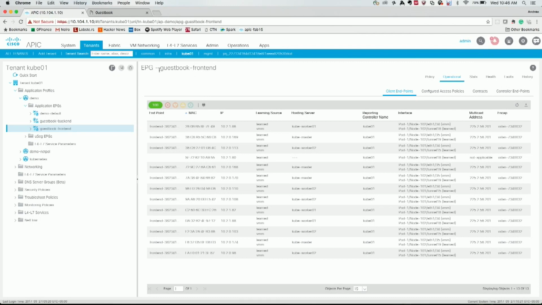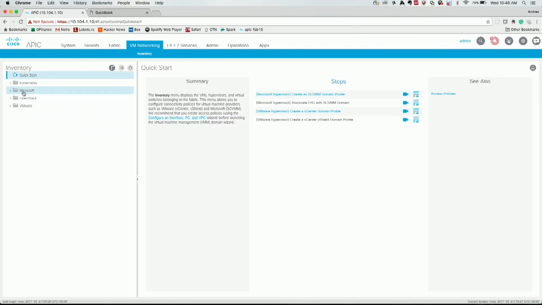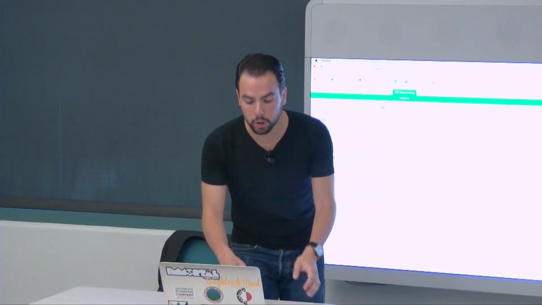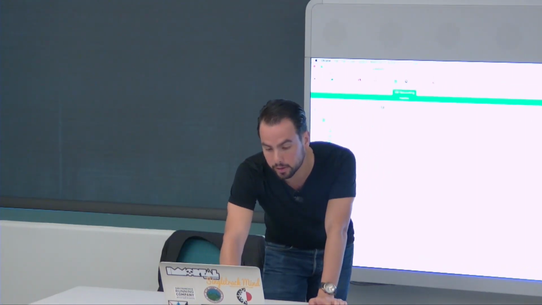Yes? Is there any monitoring with this to know whether or not you have enough replicas available and whether it needs to scale up? Maybe you do that automatically. That is done within Kubernetes. So you define the specs for your application, what are the SLAs, and Kubernetes will make sure that is met at all times. The monitoring we presented in ACI, we look at the replica sets. And for front end,